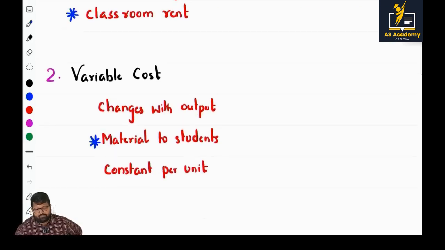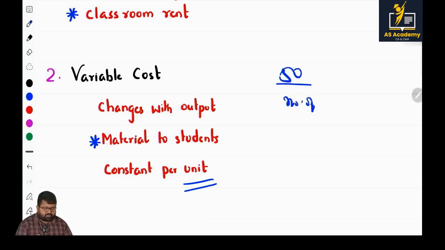But here, in the case of variable cost, per unit it is constant. So for example, for this room the rent is 50k. Now normally they will divide it based on how much, 50k divided by number of students. So here 50k divided by, for example, that